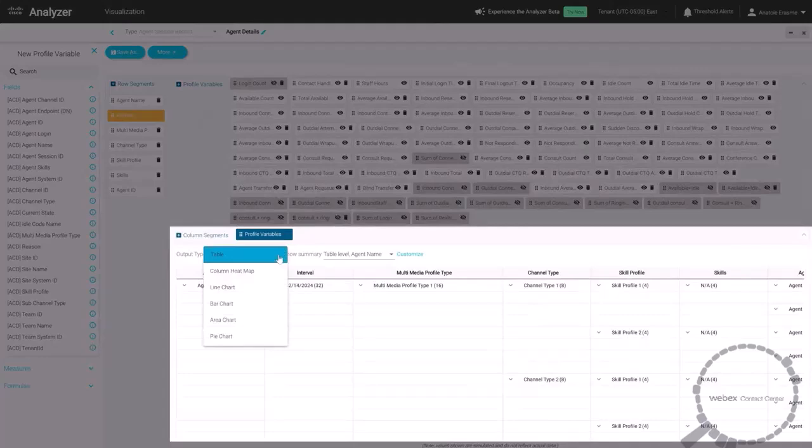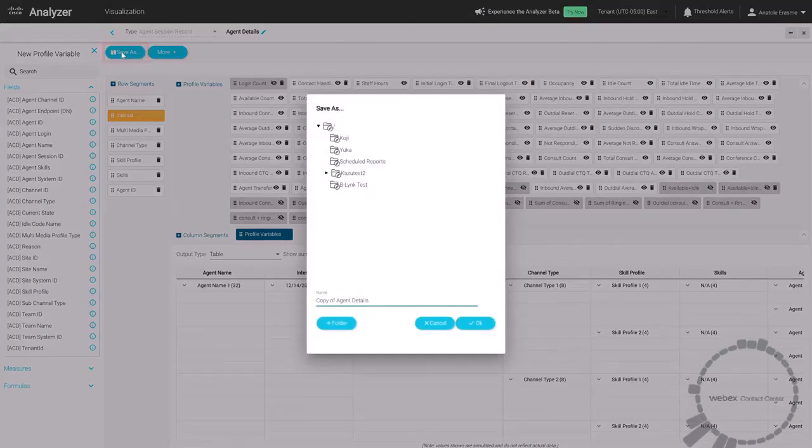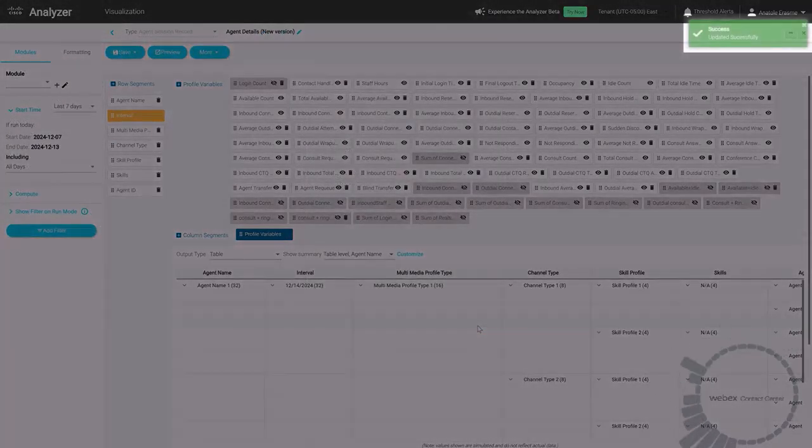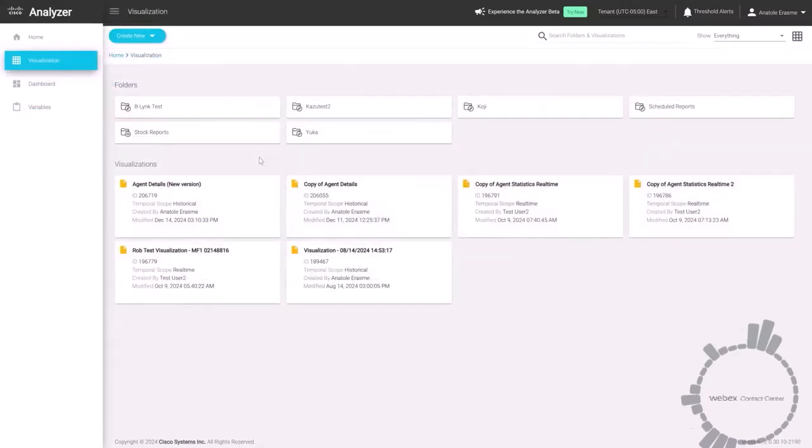Once all customizations are made, the report can be renamed at the top using the Edit pencil. Click the Save As button to save the new report to a new or existing folder. A message appears stating the report has been saved successfully. The report can now be previewed or scheduled. Historical reports are the only reports that can be scheduled for regular delivery. A report can be scheduled from an open report or a saved report listed in a folder. To schedule a saved visualization,